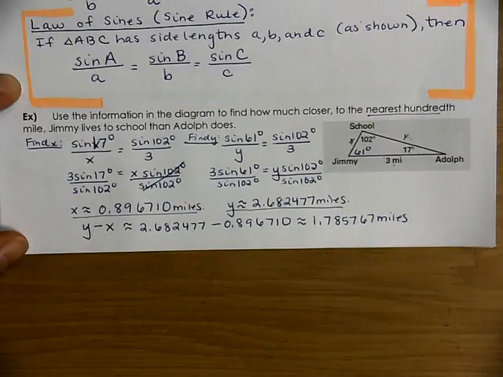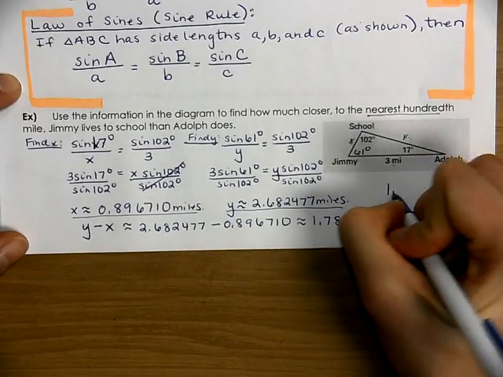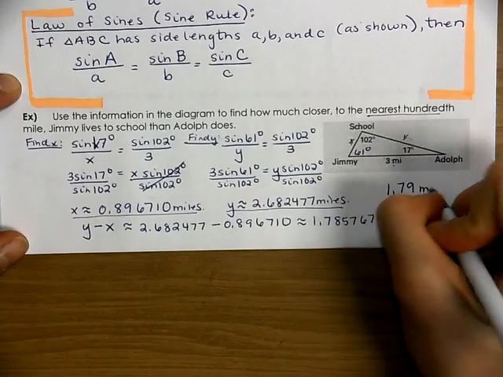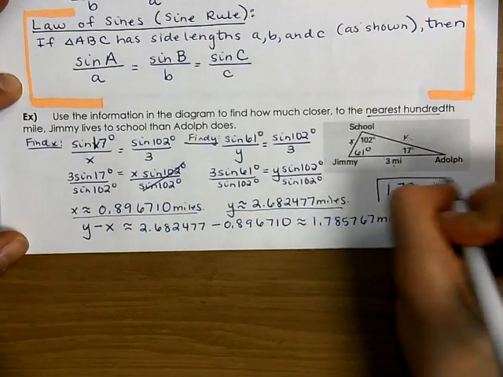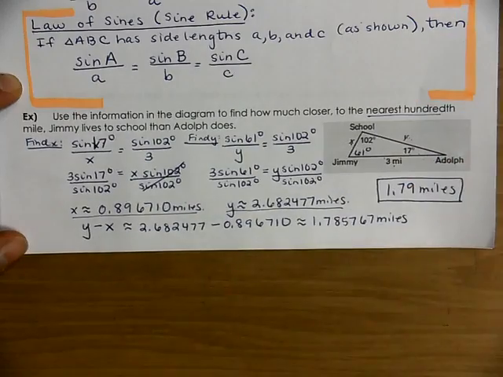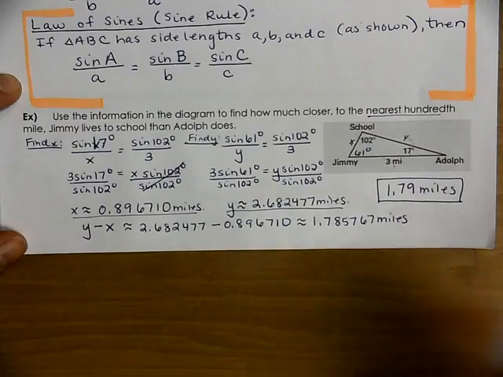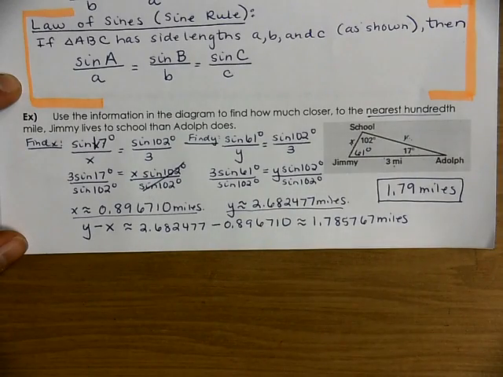The problem says to round to the nearest hundredth, so I know my final answer would be 1.79 miles. So Jimmy lives 1.79 miles closer than Adolf does. And we've solved the problem now. And we didn't have to draw a right triangle because we now have the law of sines. As you flip to the back, our next problem